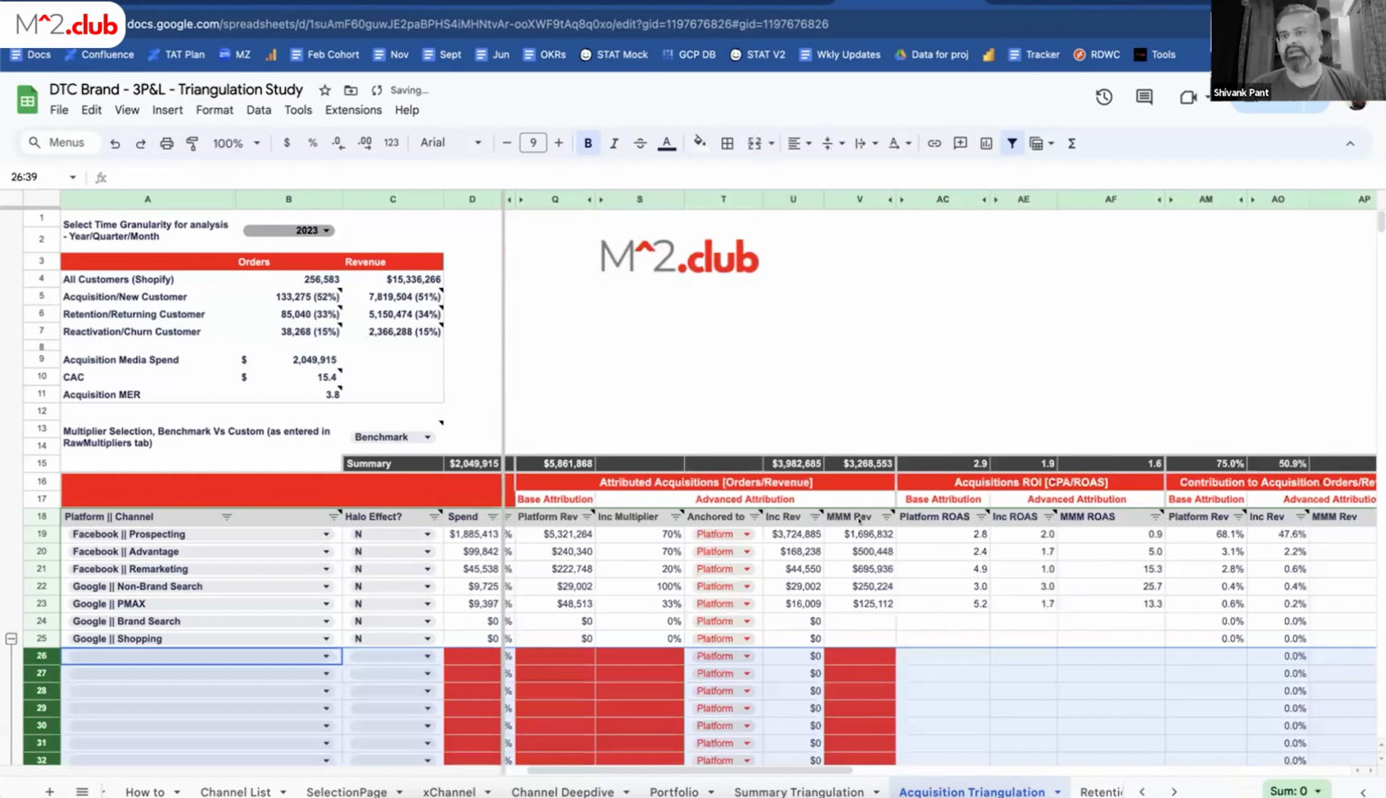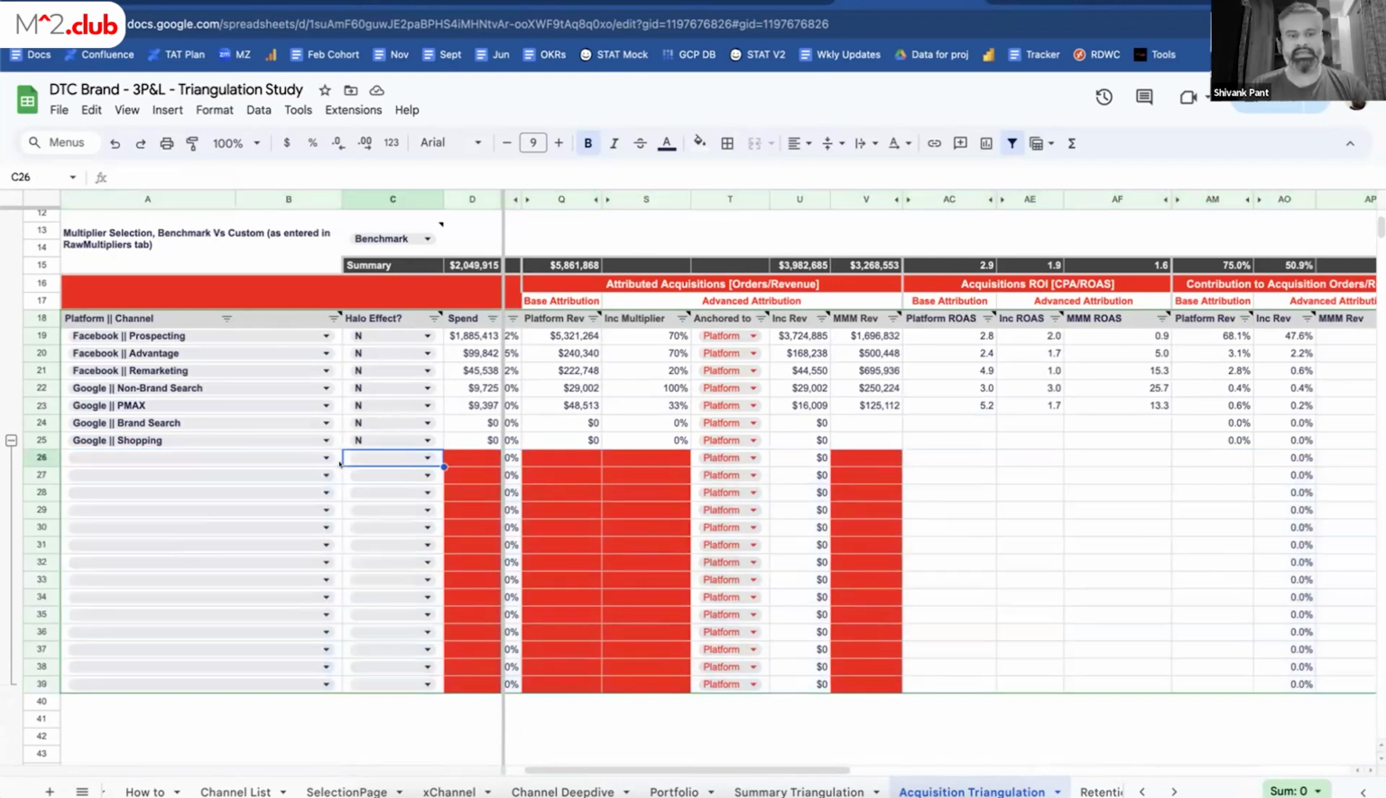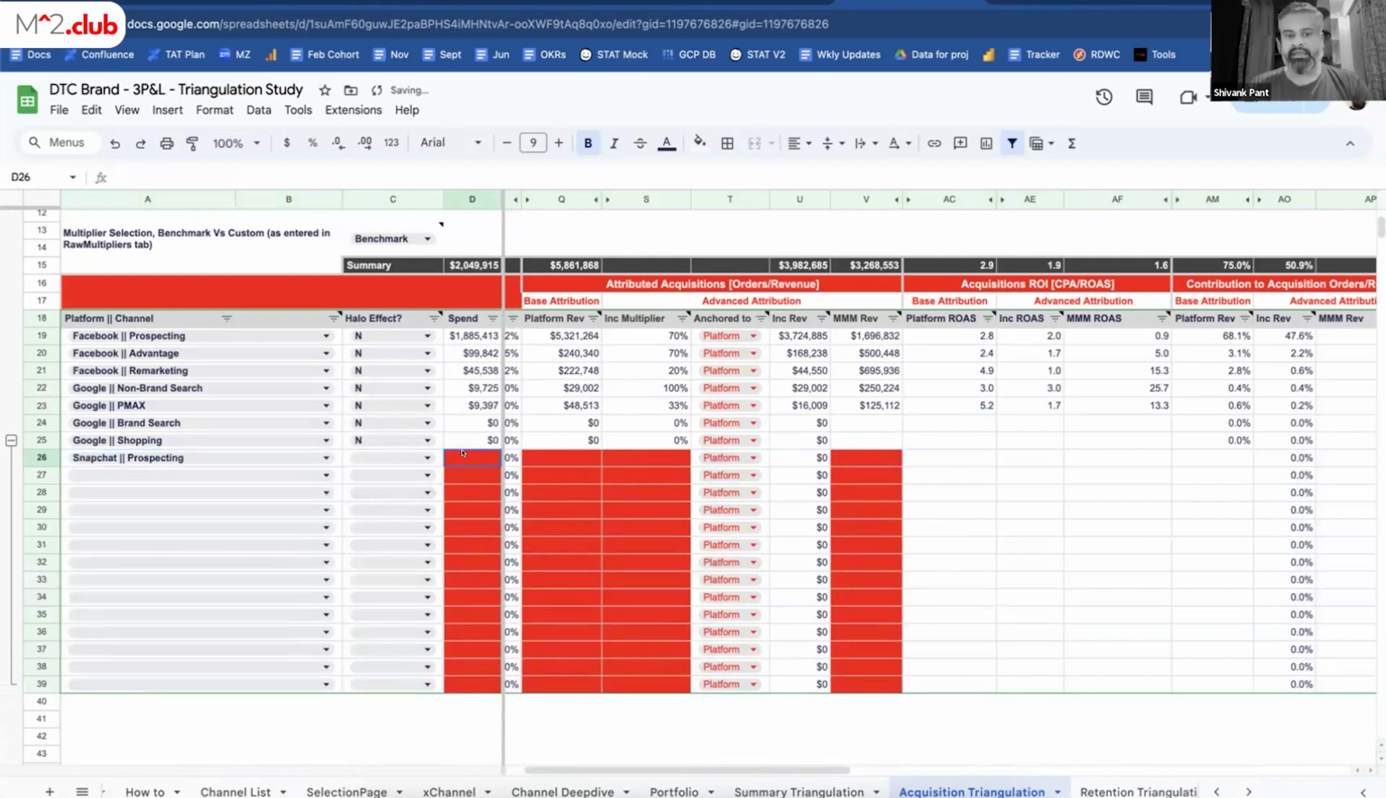In case you've got an additional platform, like we talked about Snapchat prospecting, which we currently are not supporting, but you still want to add it to your triangulation study and you want to see that data alongside Facebook and Google, what you can do is use an updated channel list tab with Snapchat prospecting. So I can select Snapchat prospecting here, and then whatever you see highlighted in red,